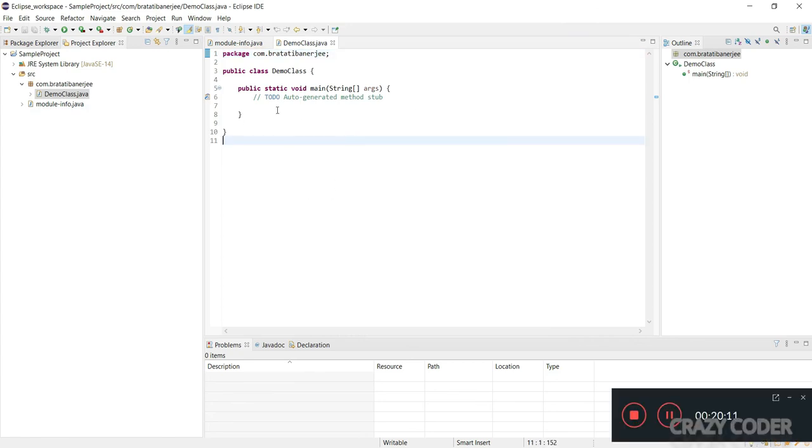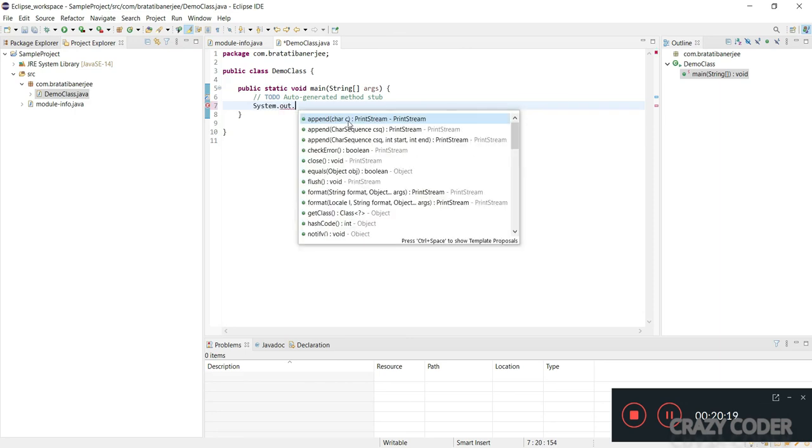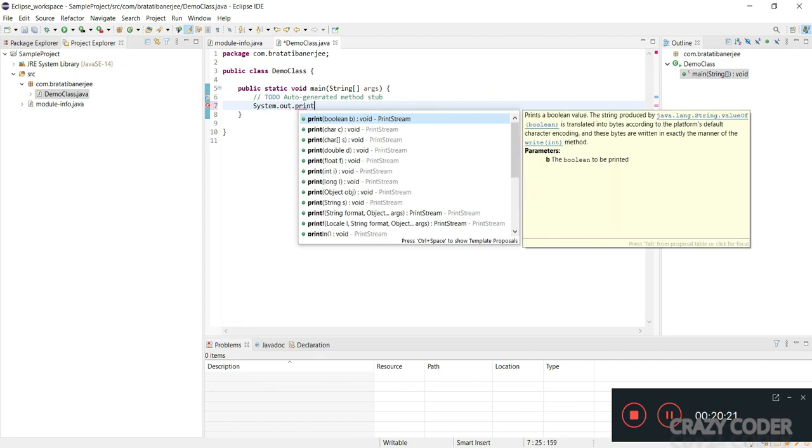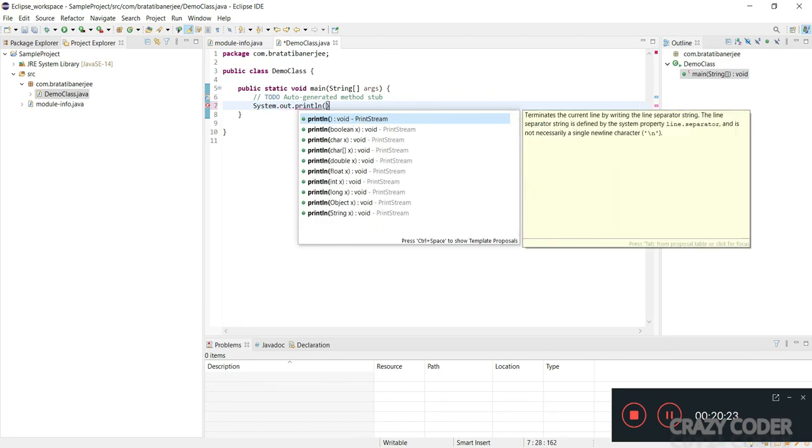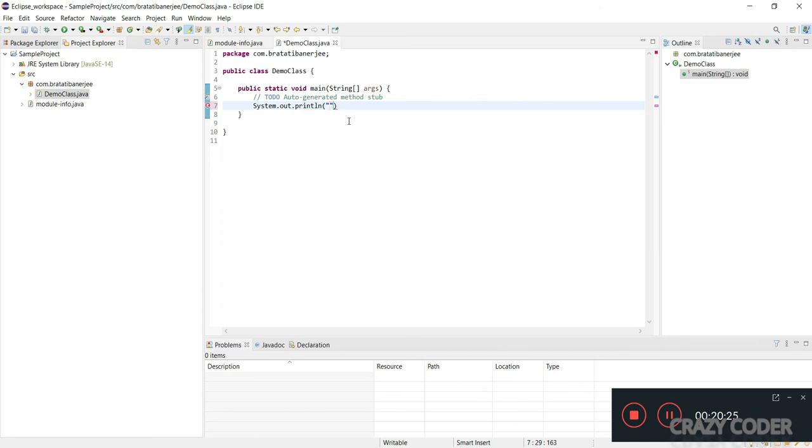So here I have created my class, and now I will just check if my project is working perfectly or not. I will just try to print something in the console, and for that I'm writing System.out.println, and whatever I want to print I will keep that inside double quotes.